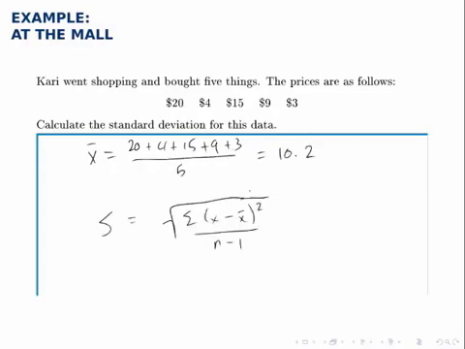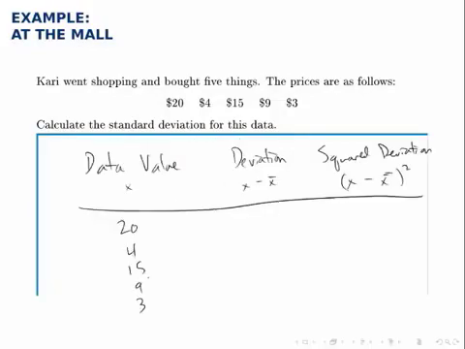Now, the standard deviation of this data set is the square root of the sum of the squared deviations divided by n minus 1, and all of that's inside the square root. So we'll need to calculate these things individually. We need to find each deviation, the difference between each data point and the mean, square those, add them up, divide that answer by n minus 1, and then take the square root of that answer. So this can get kind of tedious, which is why we only do this with small data sets. And from this point on, we'll use the built-in function in the calculator, but here we'll just illustrate the formula